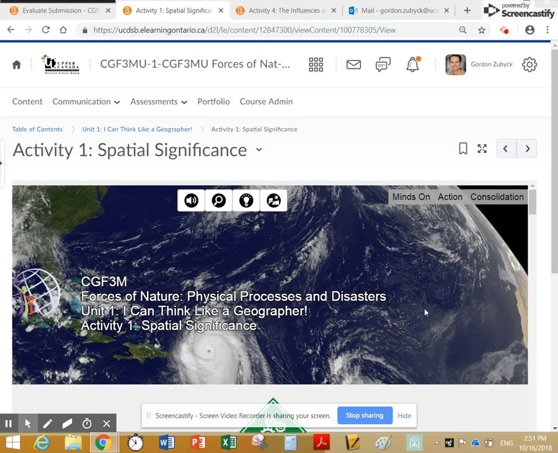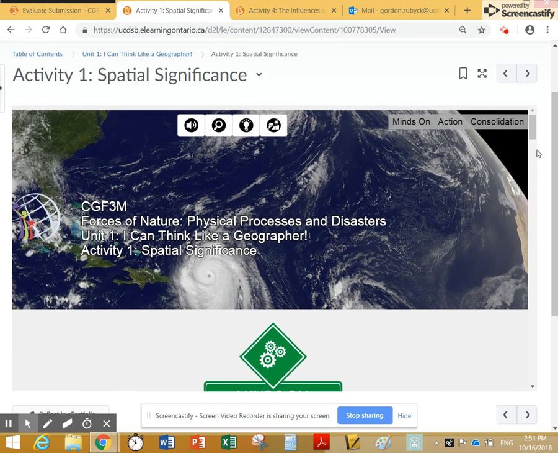Hi, Hunter. It's really important, Hunter, that when you submit assignments, they're submitted to the proper location, which will either be a Dropbox or a discussion item. So if we take a look in Unit 1, Activity 1, for example, you can see that the first piece